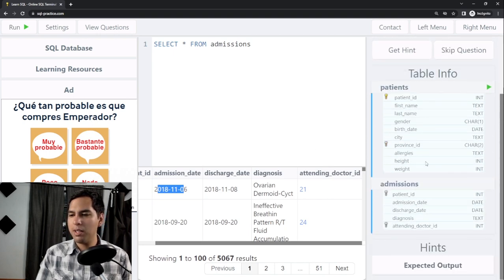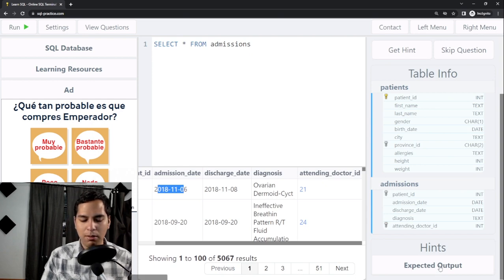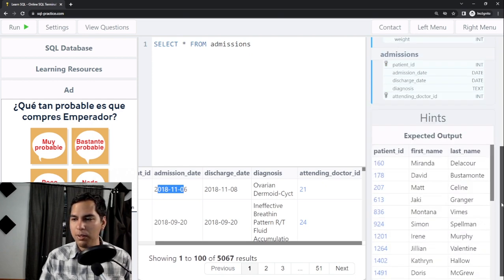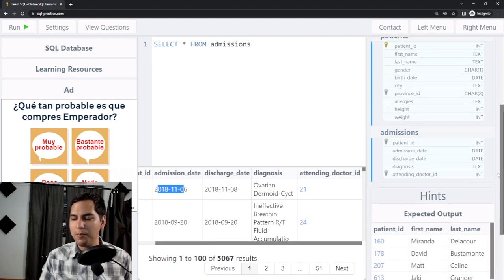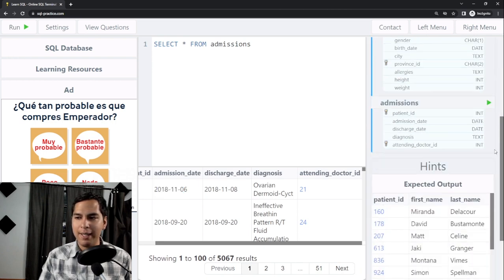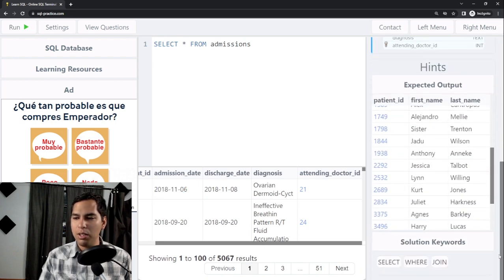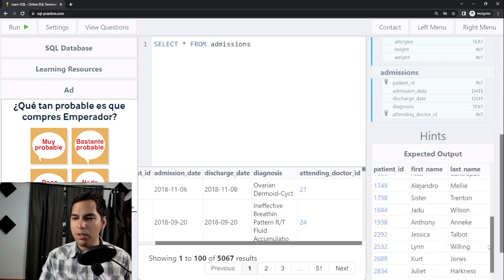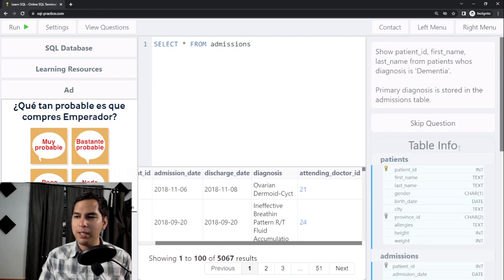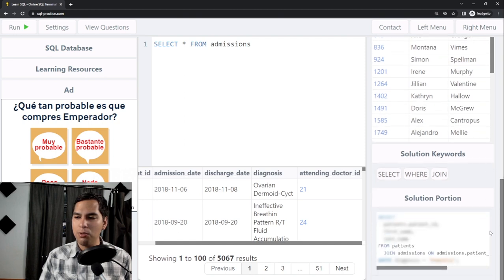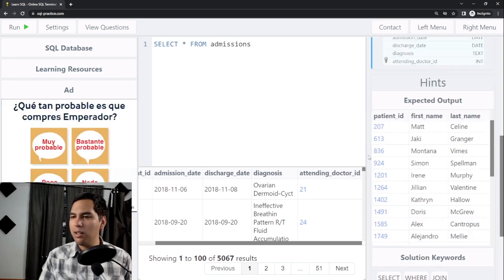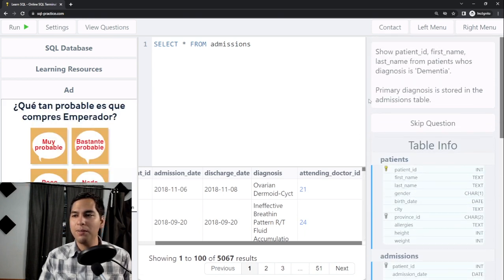So we can also get some hints. For example, here we can see the expected output. So the expected output has patient ID, first name, and last name. If we click on get hint again, we can see the solution keywords. For example, select, where, and join. And if we click on get hint again, we can see the solution portion. So it shows us some lines of code, but not everything, just to give us an idea of how to approach and solve this